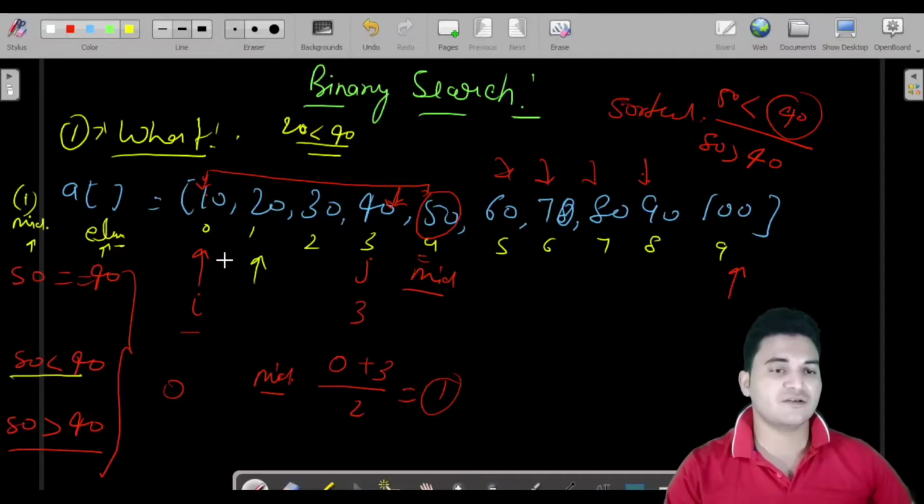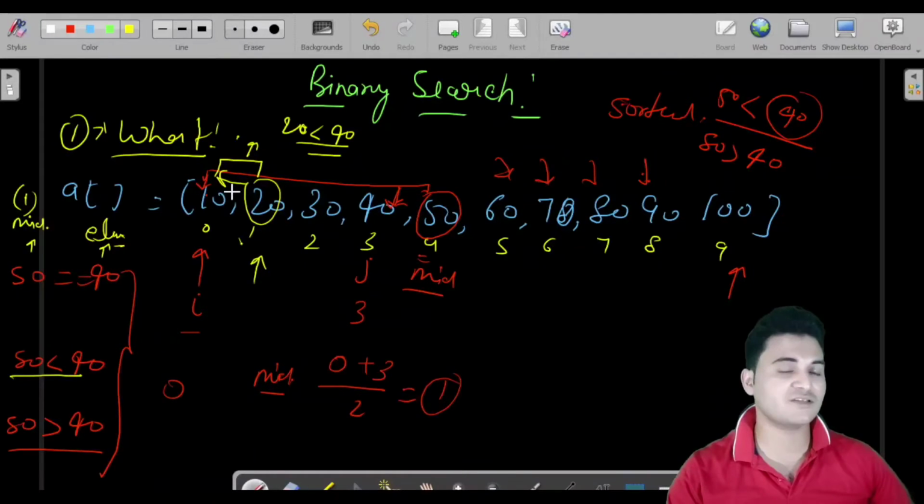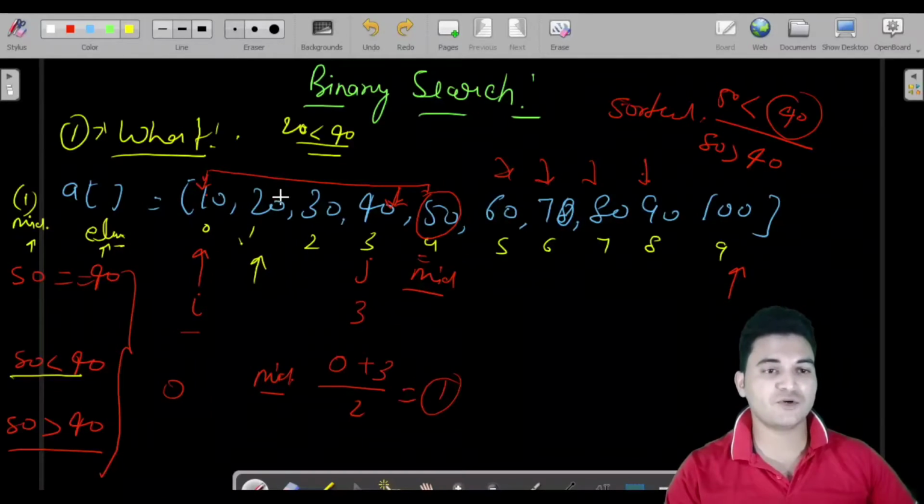That means if 20 is less than 40, then your element is not going to lie in this range. Why? Because your mid is already lesser than this, then the elements from here to the left are going to be less only. So if this is less, then obviously all the elements from here to the left are going to be less. There is no sense to search in any place left of this mid. Fine. So if this is the condition, then you would only check in this range, not exactly this, because this is not equal to this.